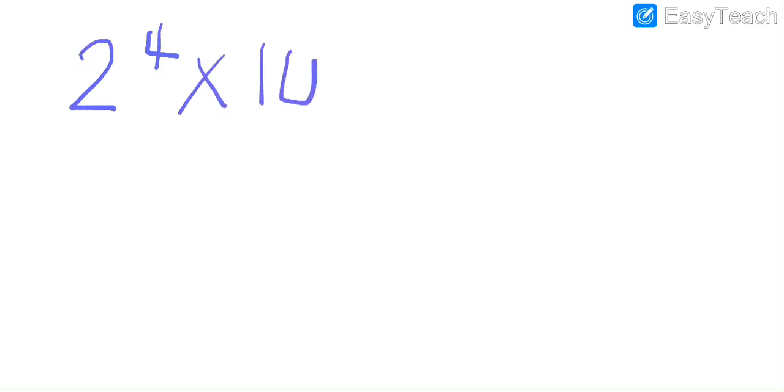Let's do 2 to the 4th power, times 10 to the 1st power, times 1 to the 5th power. Okay. There we go. All right, so first thing, I'm going to go ahead and look at my first exponent,